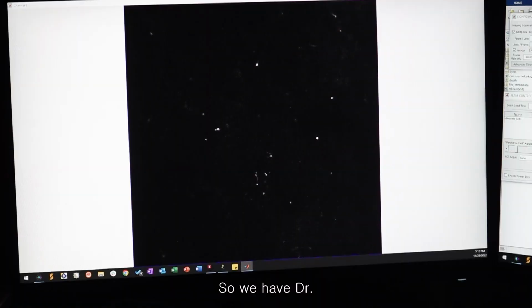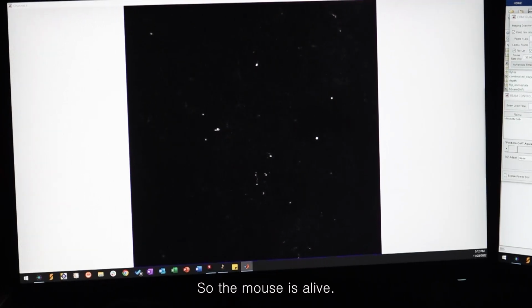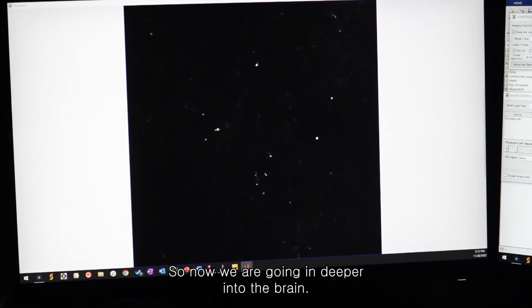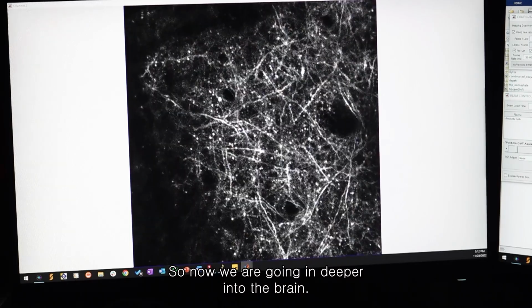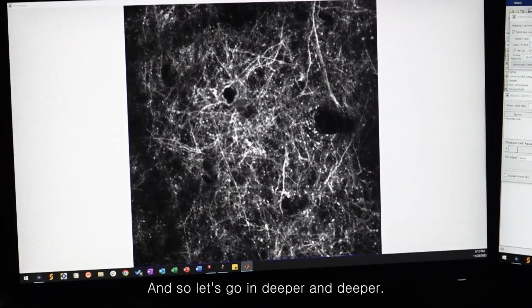Okay, so we have Dr. Seung-Hoon Lee performing his experiments. So we are imaging the brain of a mouse right now, so the mouse is alive. So let's try to go in. So now we are going in deeper into the brain. So you now see the neuronal structure. And so let's go in deeper,